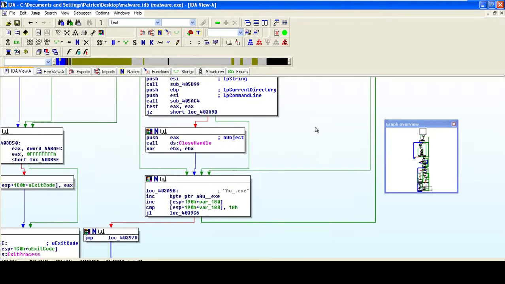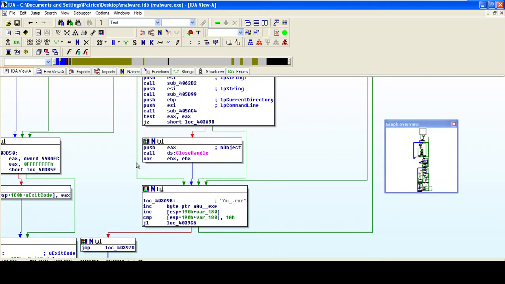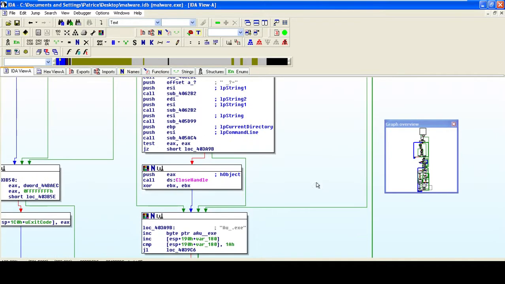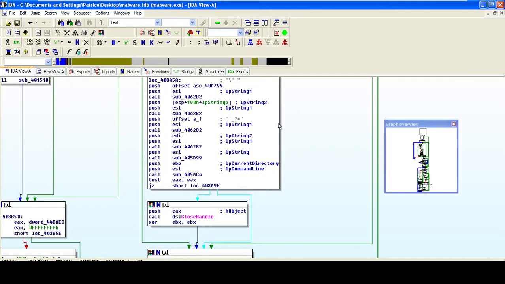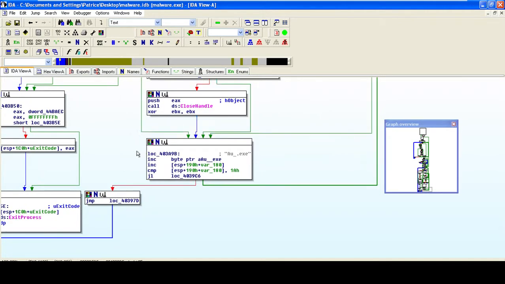And then we're going to close the handle over here so that we have finished our process of doing everything before that. So next we'll move to